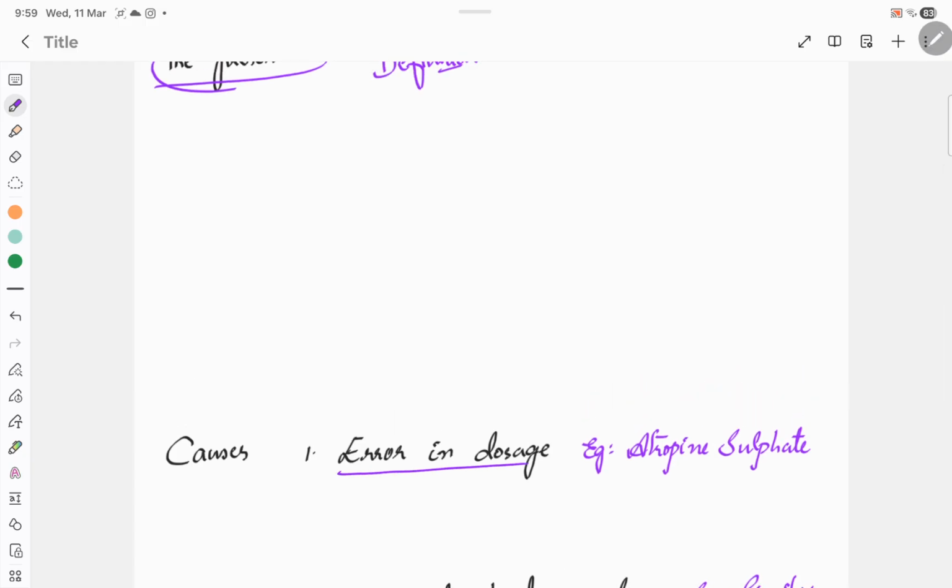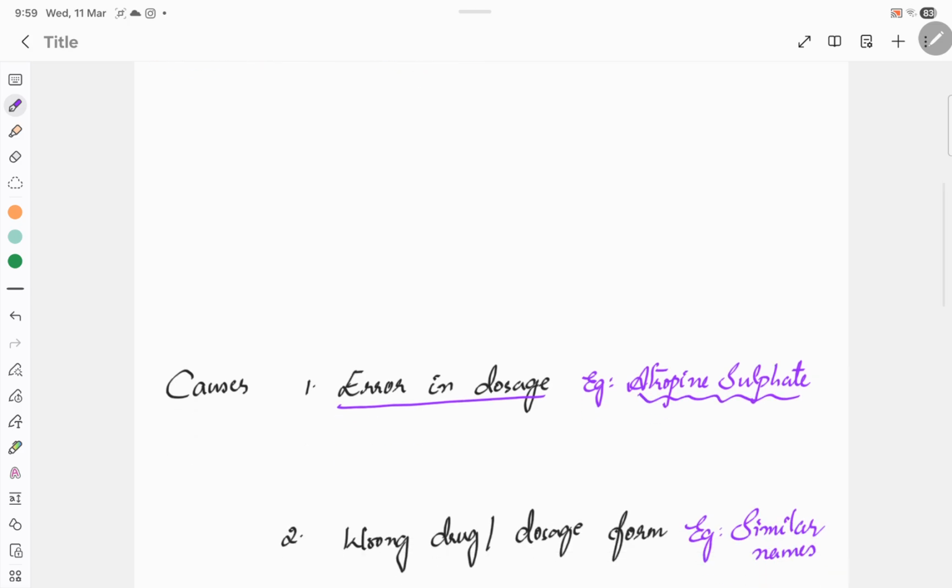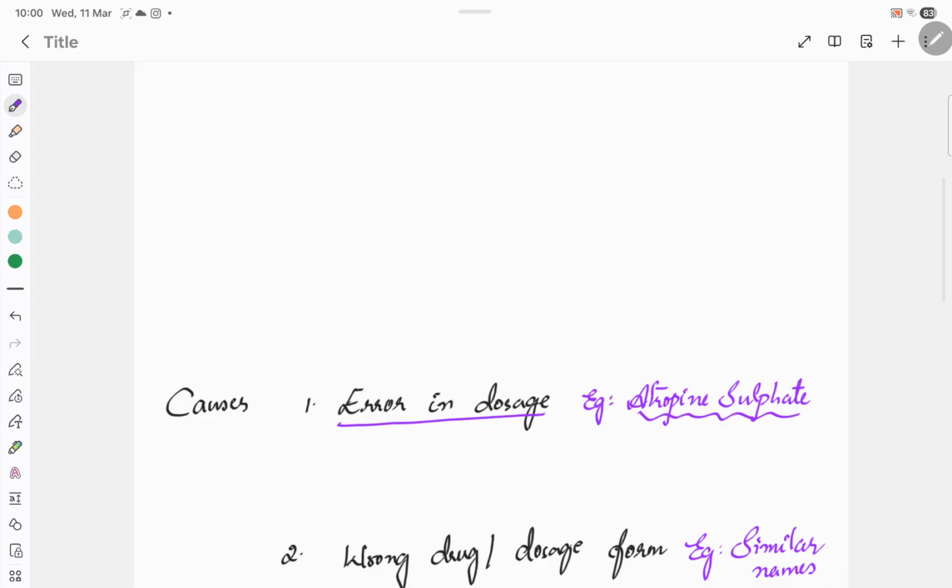The first one is error in dosage. Here we take the example of atropine sulfate. This is the most serious type of dosage error that occurs during dispensing, when an overdose of the drug is prescribed. Whenever an overdose of a drug is prescribed, it comes under the category of error in dosage. It is the responsibility of the pharmacist to carefully check the prescription before dispensing the medicine. If the prescribed dose is higher than the recommended dose, the pharmacist should refer the prescription back to the prescriber